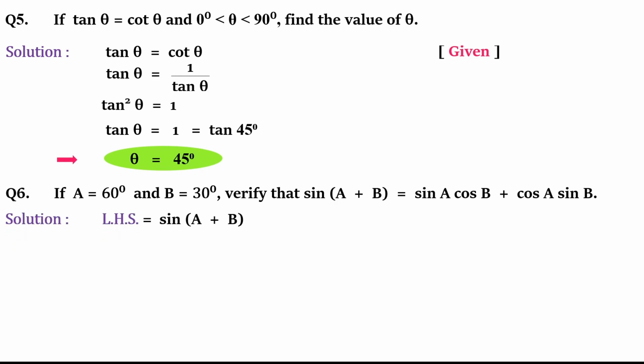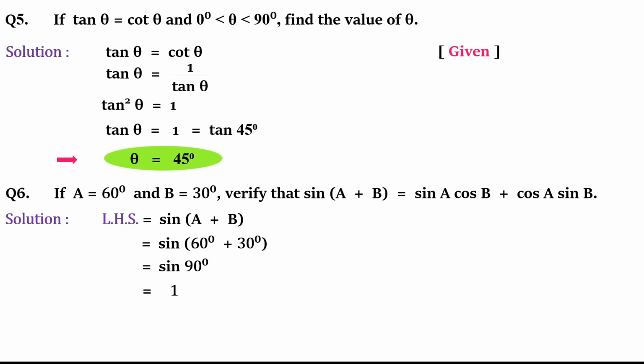We will take first of all left hand side. In left hand side I have sin in bracket A plus B. So since the values of A and B are known, I will substitute their values. We will close them in bracket only, 60 plus 30. Now we know according to BODMAS rule we solve bracket first. So don't write sin 60 plus sin 30, no. You have to add 60 and 30 inside the bracket and it becomes sin 90, and from the table I know the value of sin 90 is 1, so I stop here. So left hand side has been simplified as 1.